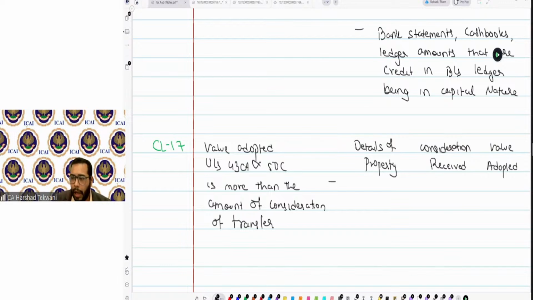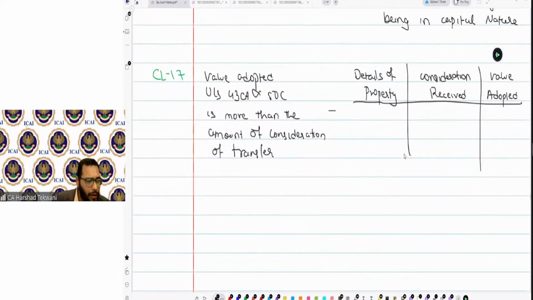Okay. Now here, these details can be identified. Now, if I want to identify these details from the records, they are pretty much easy. I can easily do that from the fixed asset register. Okay. Is there any particular property which has been transferred? So for land, building, or both,